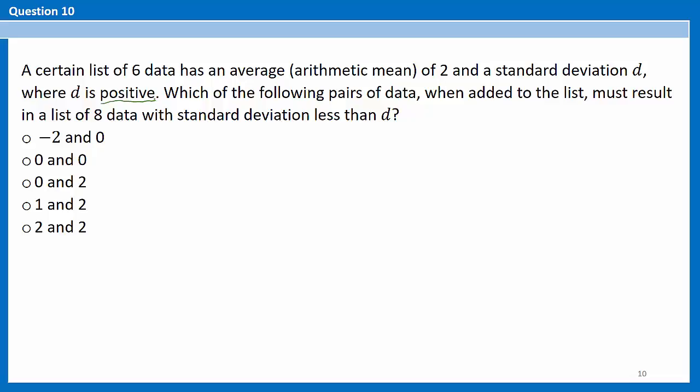Now, the question is, which of the following pairs of data, when added to the list, must result in a list of 8 data with standard deviation less than d? Okay, we have many choices. -2 and 0, 0 and 0, 0 and 2, 1 and 0, 2 and 2. Now 0 is kind of